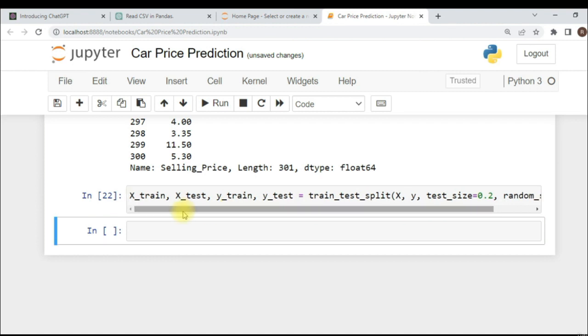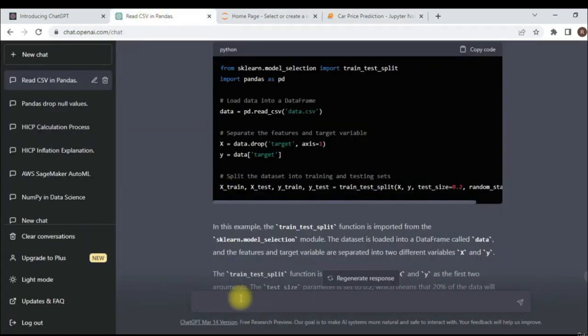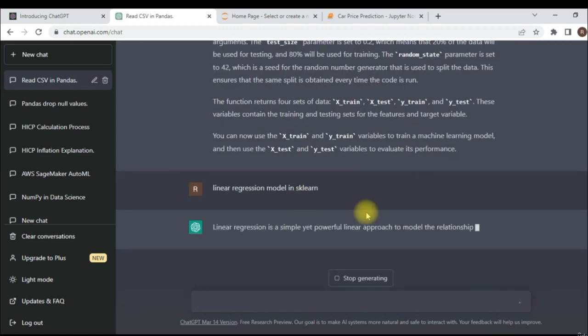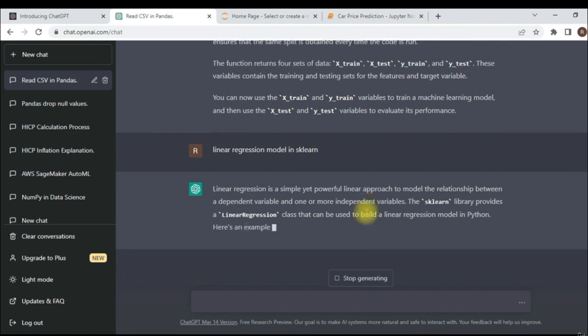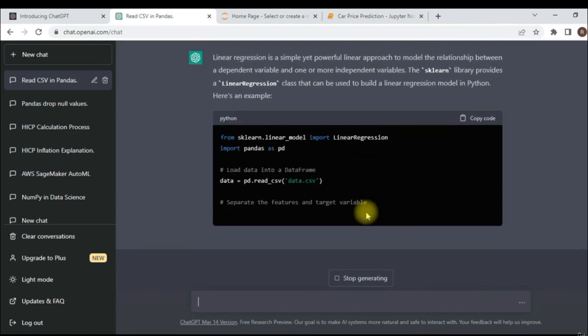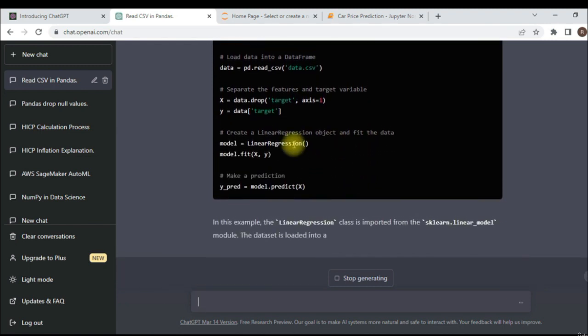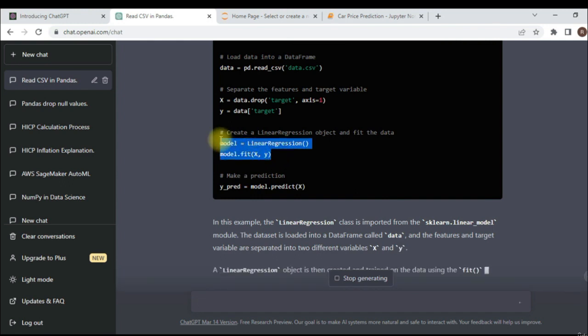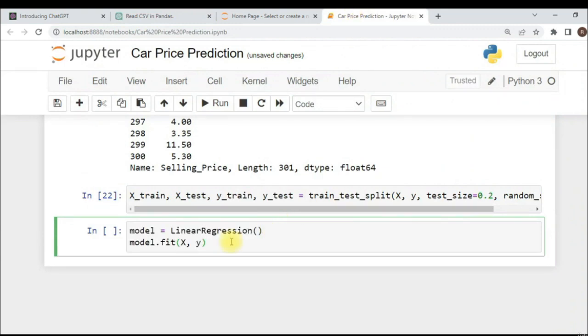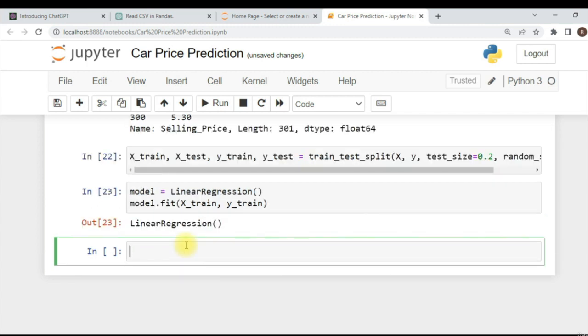And now we'll do the model training. So first of all, we need to train a linear regression in sklearn. So again, let us see how we can use that linear regression model in sklearn. So let us see the reply, and we want the syntax. So linear regression again is a machine learning model that we use to perform regression. So we have to copy this code, model equal to linear regression and model dot fit x and y. But instead of x and y, we are going to train the model on xtrain and ytrain as discussed. So I'll copy paste it over here, and this will be xtrain and this will be ytrain, and I'll run